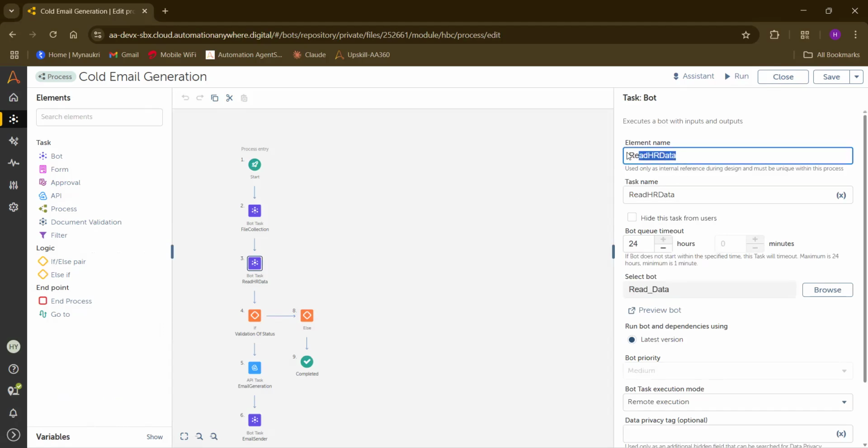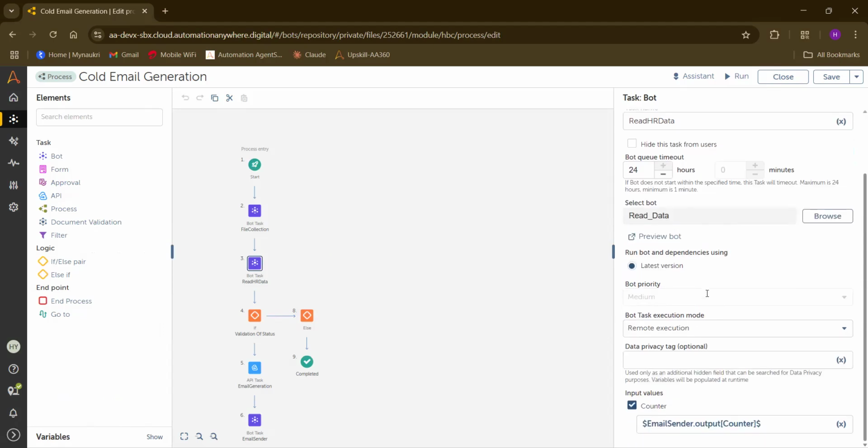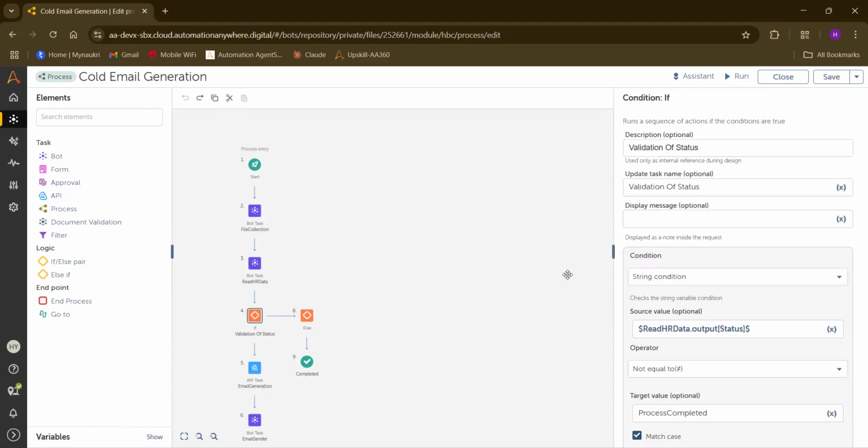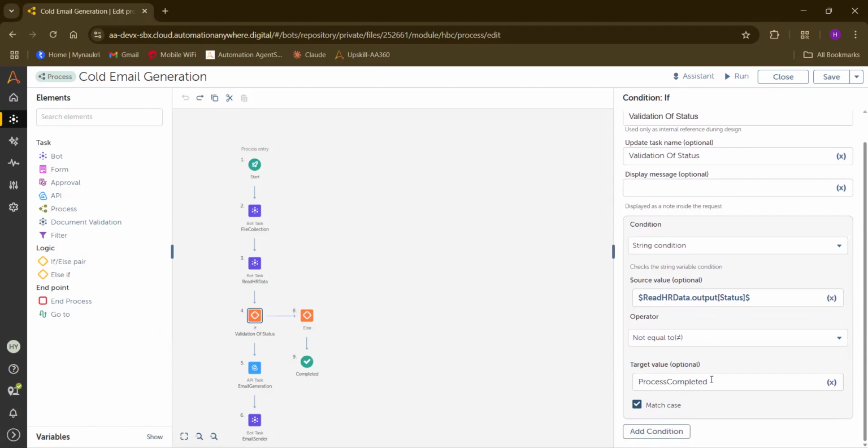It will read the company details, my details, and provide the output. Here I am taking the counter, which tells which transaction it is. Next, I'm validating for empty records. If records are empty, it will give process complete, which I given in HR data transaction.